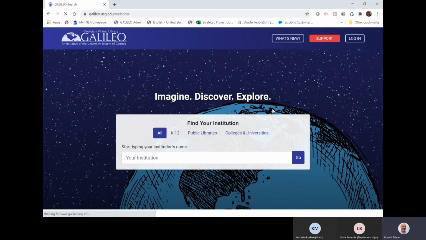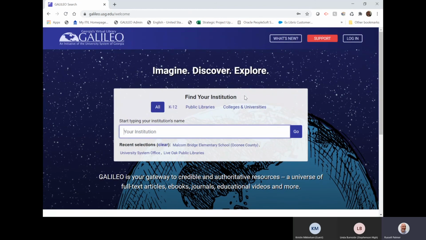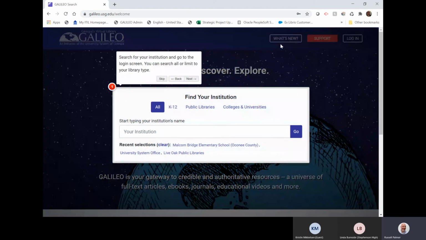I'm going to log out again just to show you this is a lot of new functionality. One of the features that we've added, we're currently calling this in the upper right-hand corner, What's New. We'll probably, after things are less new, change the name of that and retain this functionality. But if a new user wants to look around Galileo and find out everything they need to know about what's here, they can click on the What's New button, and it will tell them, hey, this is where you go